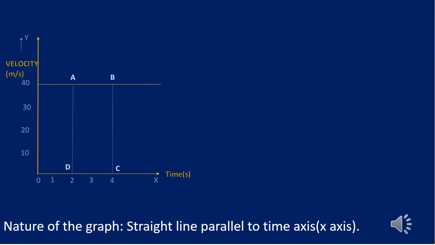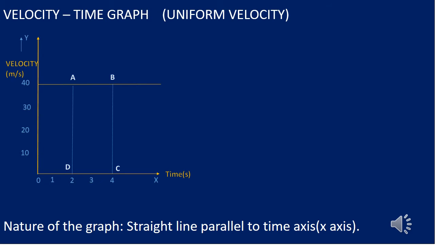Children, we were discussing the velocity time graph of an object moving with uniform velocity. So, what is the use of this velocity time graph? So, let us discuss one of its use. Here velocity time graph can be used to calculate the distance or the displacement covered by an object in a particular time interval, say t1 to t2. So look this graph here. Let us just calculate the distance or the displacement when the object moves from 2 to 4 seconds.